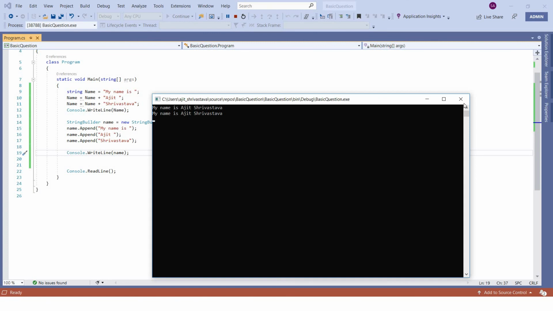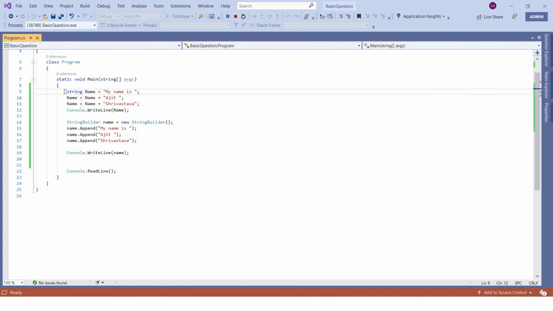So if you see this, string internally must have created three different variables at three different memory locations, and with that you are able to get the name. But with StringBuilder, it will create only one variable at one memory location, and it will simply use that particular location to have this particular name.